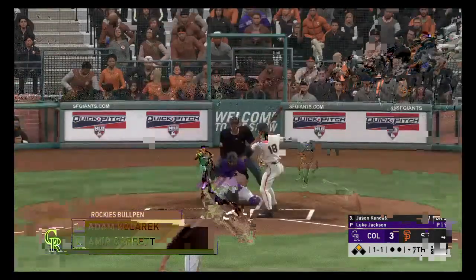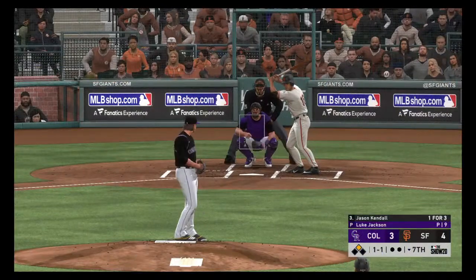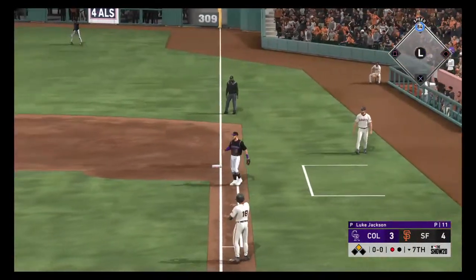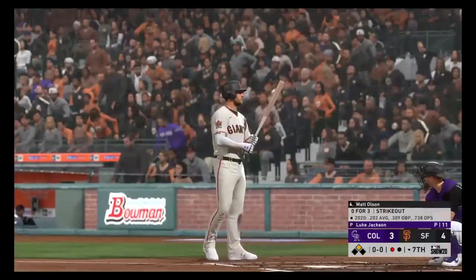One. Couple of lefties. Base, and the runner gets back. No double play. These guys are looking for him to change that right here. Yeah, nothing better than